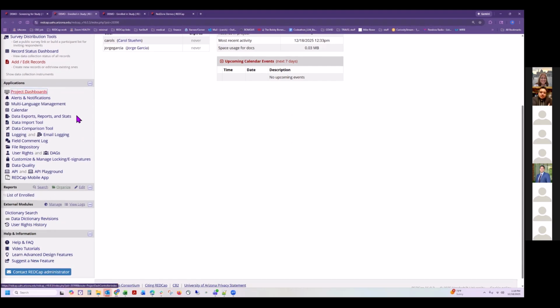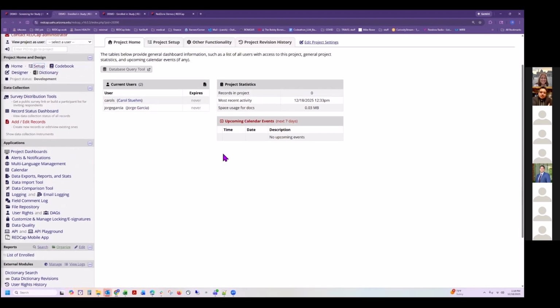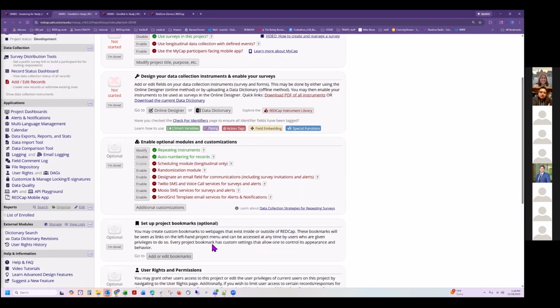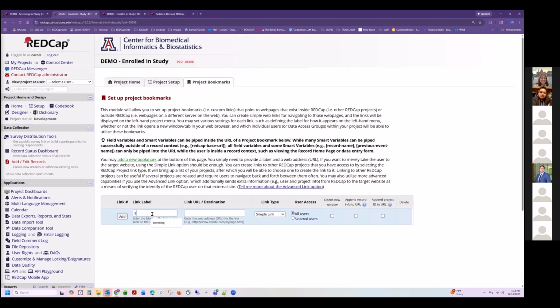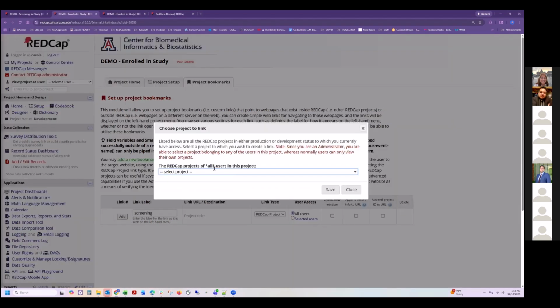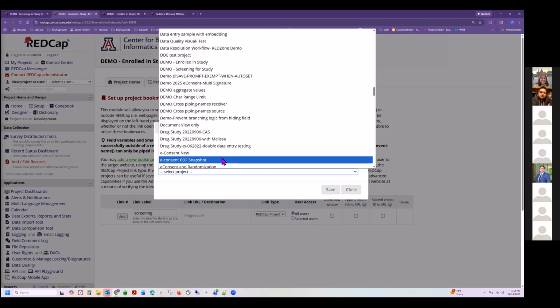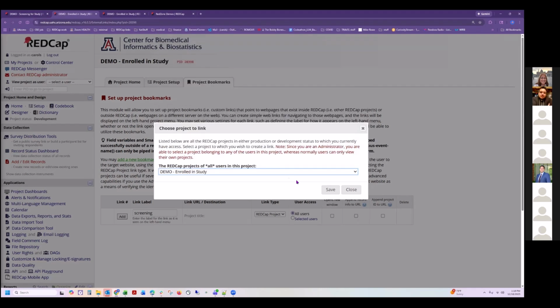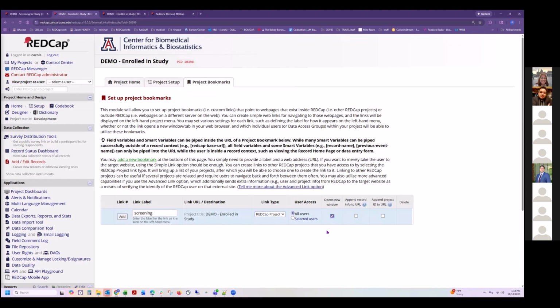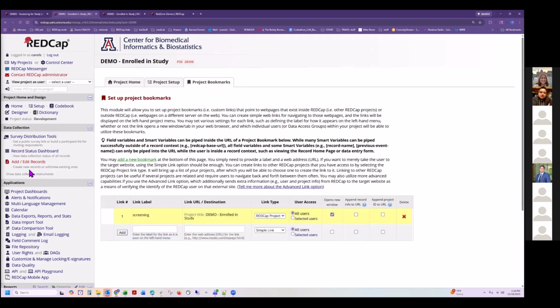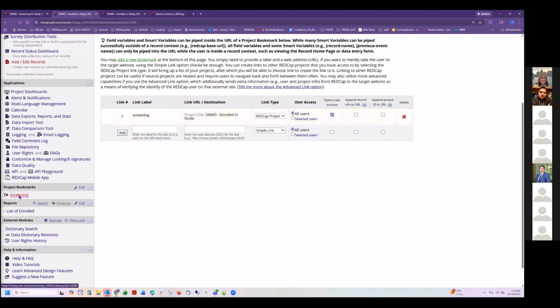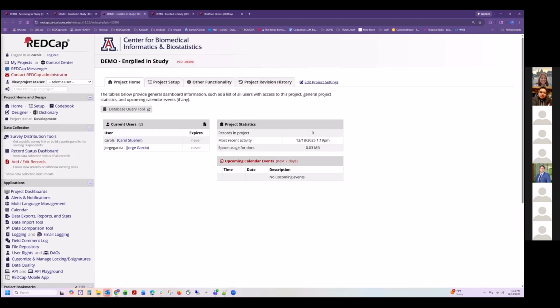You would do that by, again, going to Setup, Project Bookmarks, add or edit, and then we do Screening and make this a REDCap project. Demo, Enrolled, open in a new window. But everybody has access to the screening project. So you do that, hit add. And now that shows up right here as the screening project, and it'll take me right back to my, well,